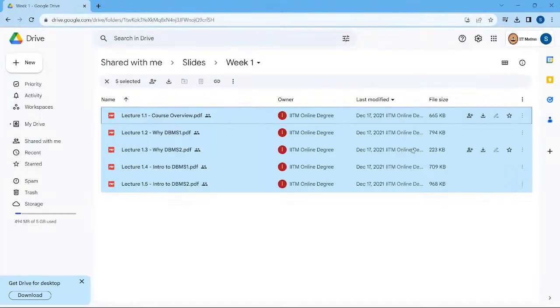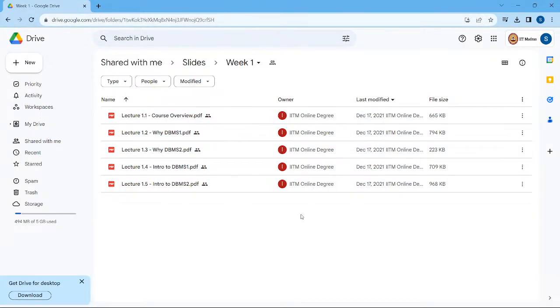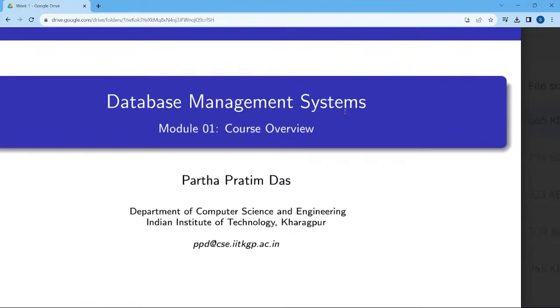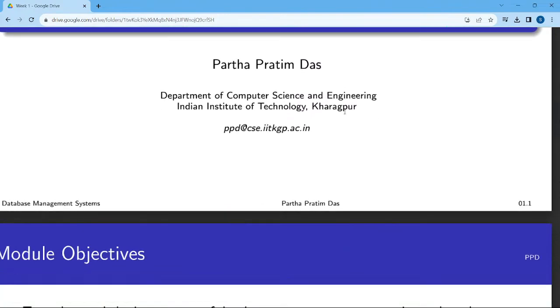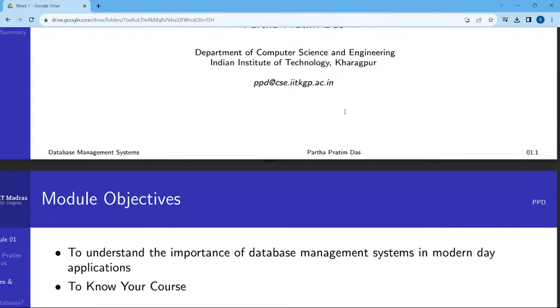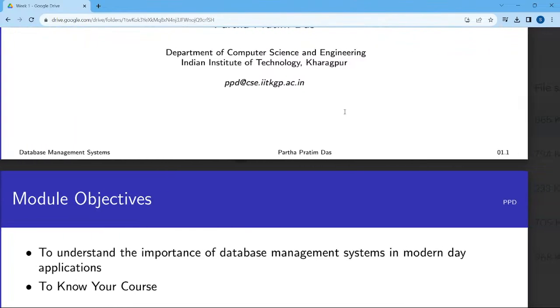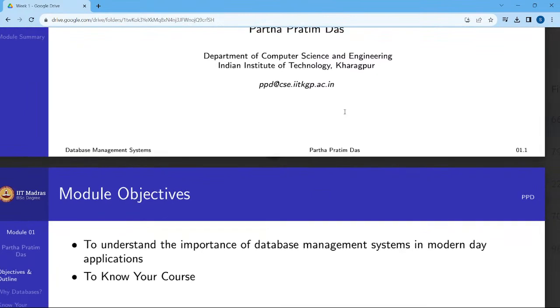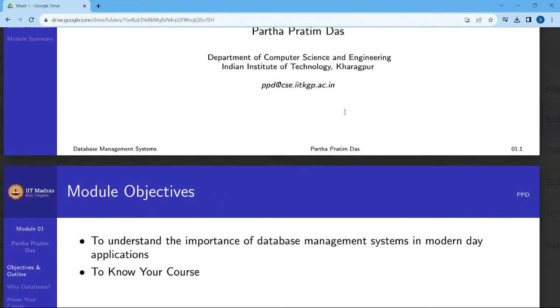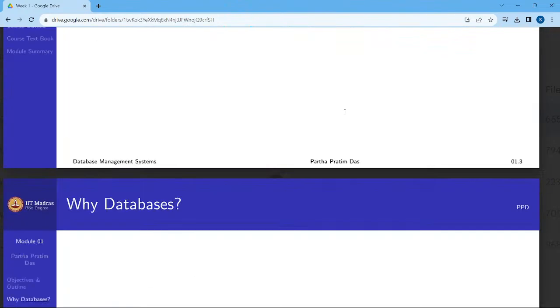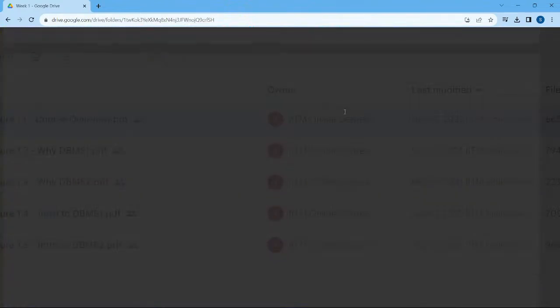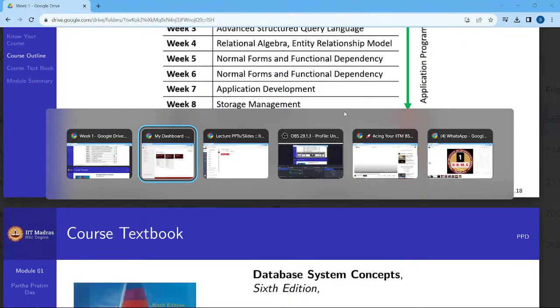My methodology of learning a particular subject is watching each and every lecture. Once I have completed the lecture, I go to the lecture slides in PPT. I also make notes, but for the sake of convenience, I'm using the PPT slides provided here. This is the week 1.1 slide provided by the institute. We go through each and every PPT for the given week. We read and understand the PPT, which takes around 15 minutes. Then we solve